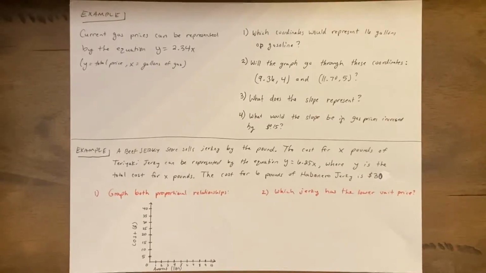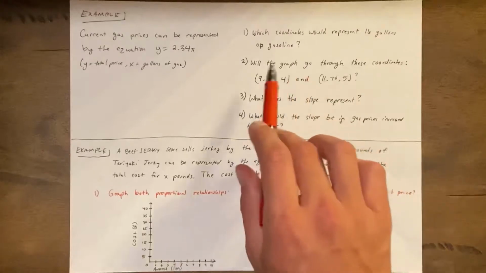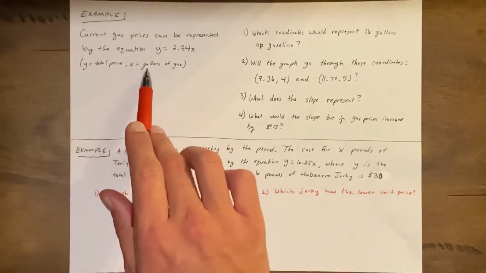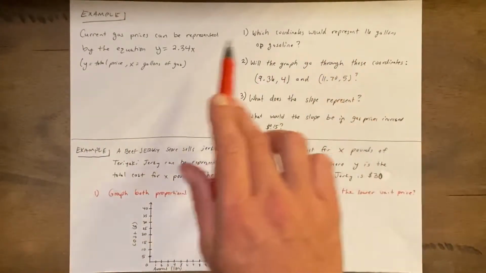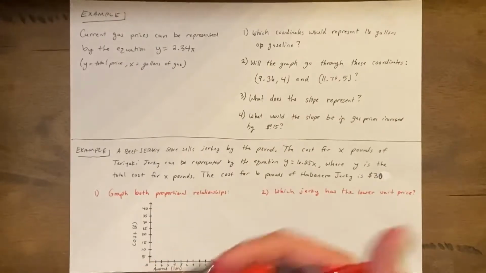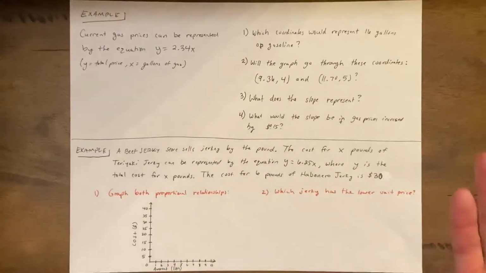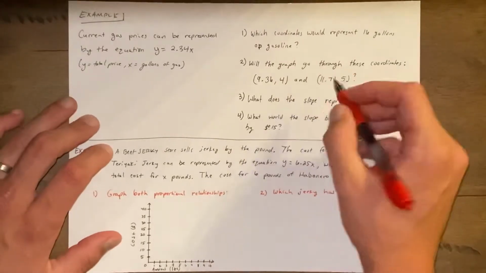Okay, well, we got to think about it here. Gallons of gas is x or y? Well, it's x. So all I need to do is plug in 16 for x and see what my cost would be, and that's going to be my coordinate. Okay, so for this one, if I plug it in and I do